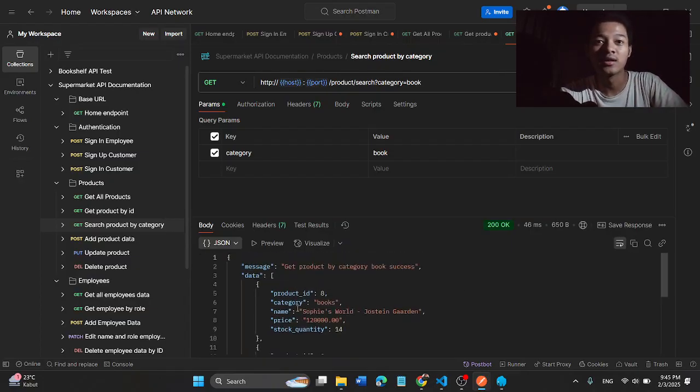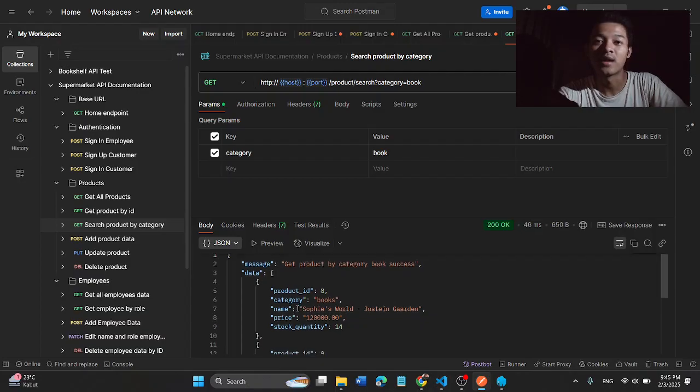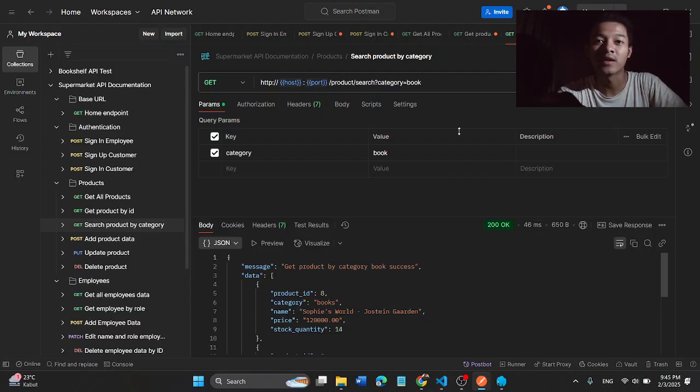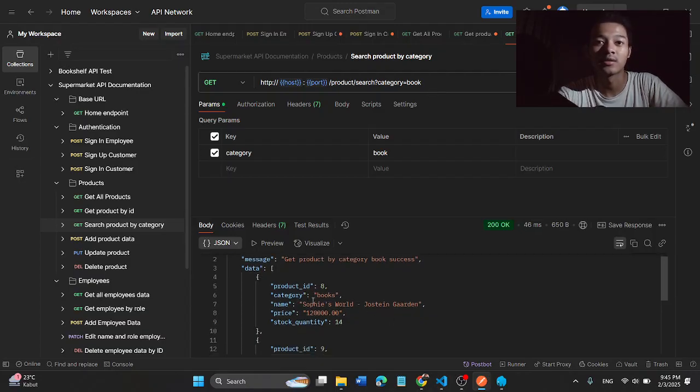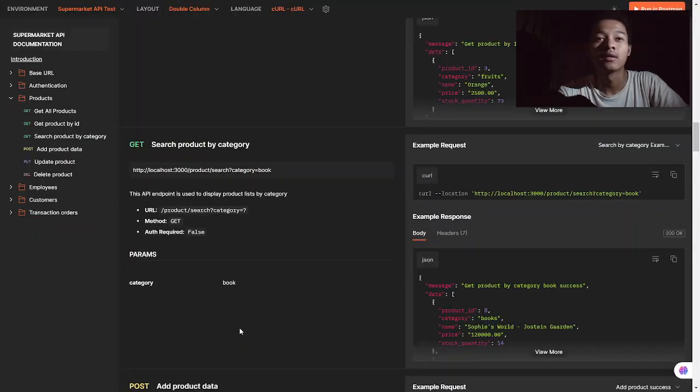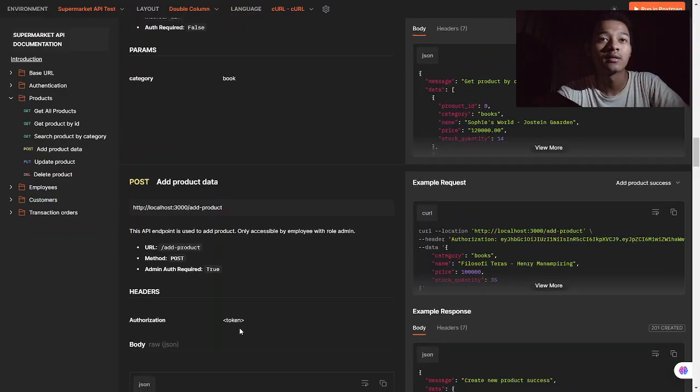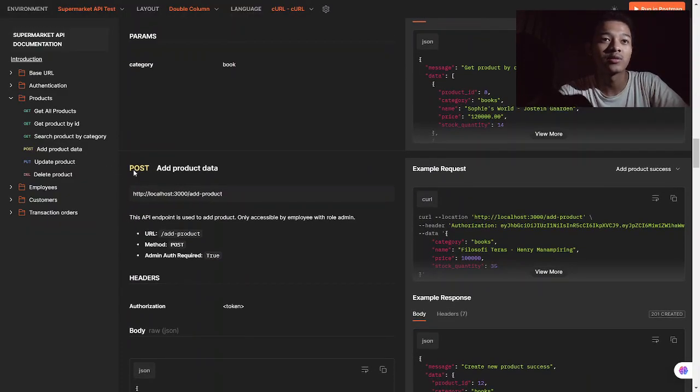We got the products in the category book, like this: book, book, and book. Perfect.